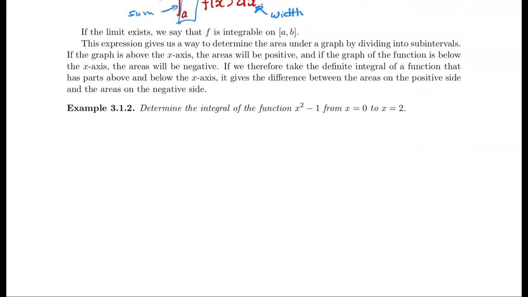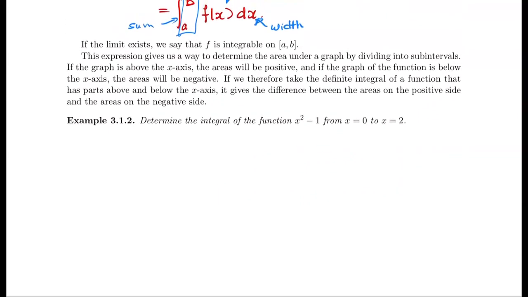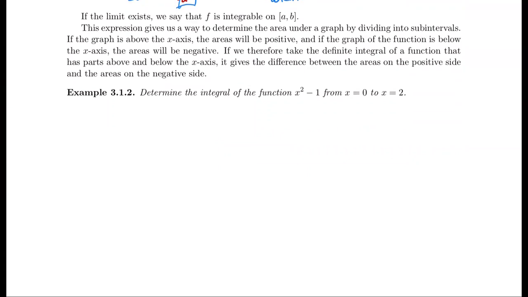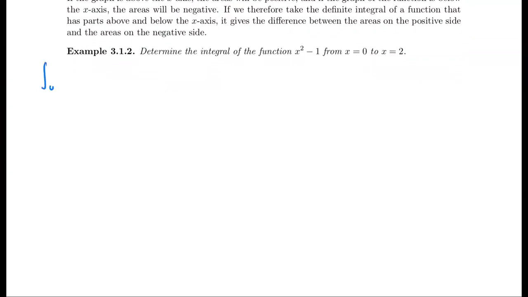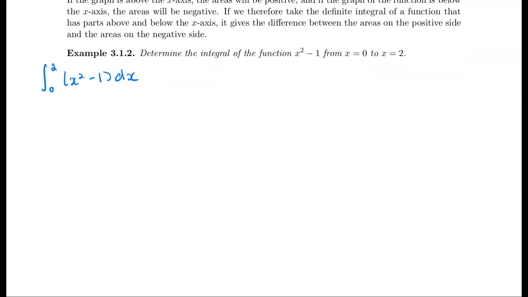So for example, if you want to find the area of the function x squared minus 1 from 0 to 2, well, that just means that we're going to have to find this integral. So we calculate the integral from 0 to 2 of x squared minus 1 dx, but we haven't exactly gone over how to actually calculate integrals, which will come later on. So we're going to be going back a little,